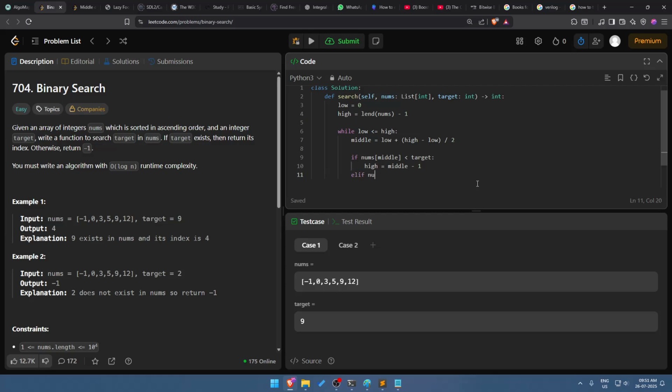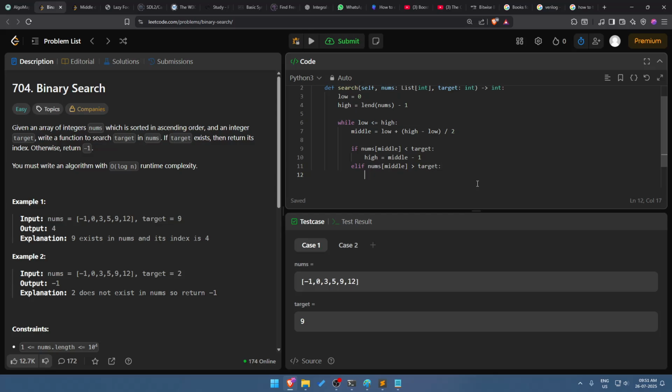Else if nums of middle is greater than target, so it lies in the right half, so low equals middle plus 1, else we go return